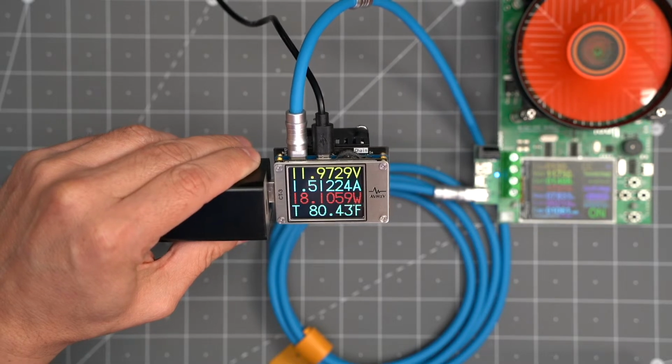Everything working as expected. So overall, this is a great charger, especially if you do a lot of traveling or if you're going back and forth to the office and you're always on the go. This is a great charger to take along with you. That way you can eliminate a bunch of chargers. You can eliminate your smartphone charger, you can eliminate your tablet charger, and in some cases you could even eliminate your laptop